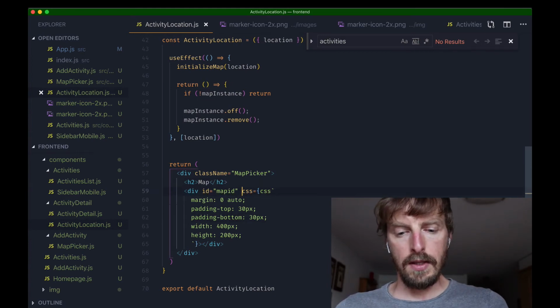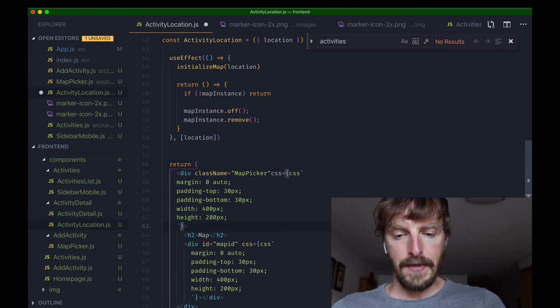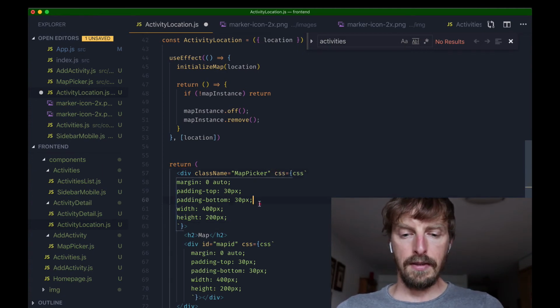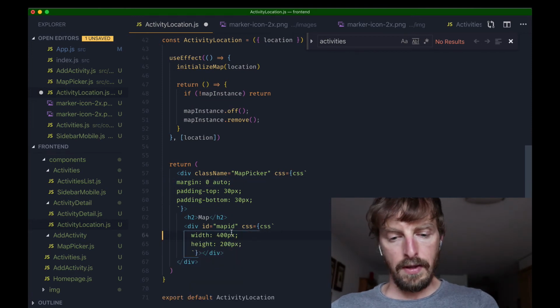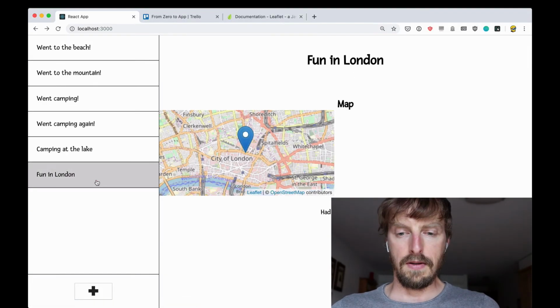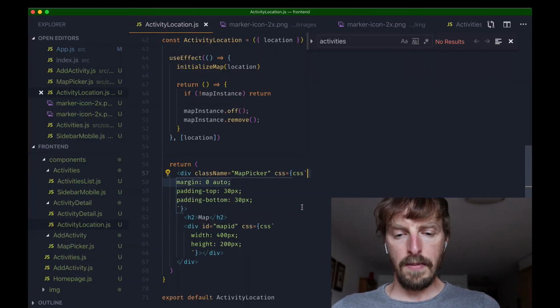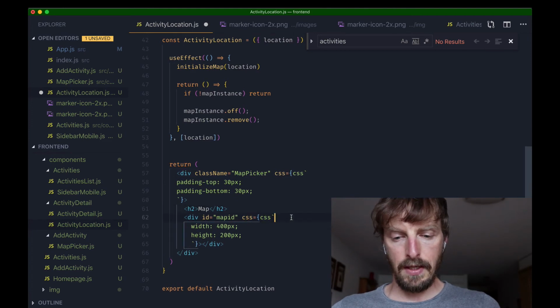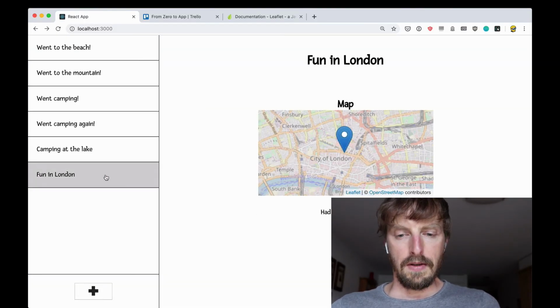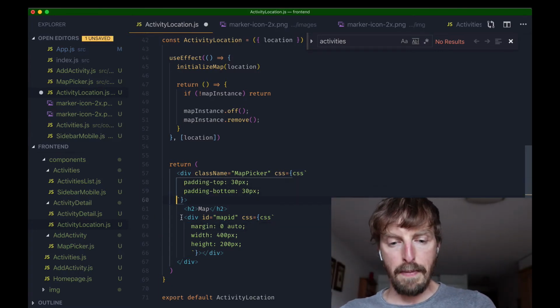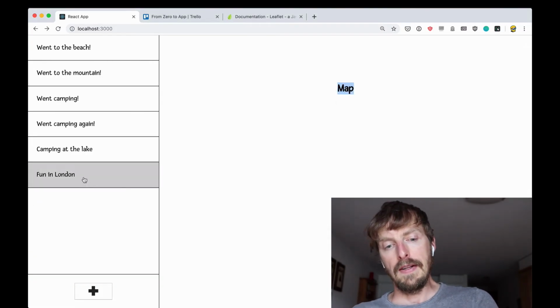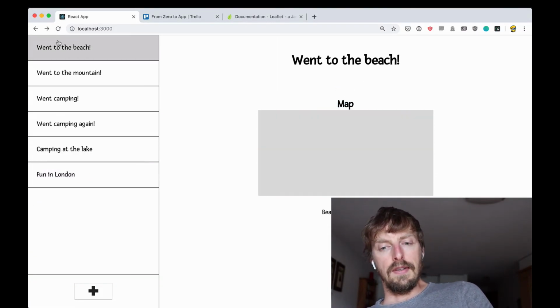Well, I'm just going to add this to the map picker. I think the problem is that this is handled by the leaflet library. So removing everything in here. Okay, it's already sort of working, but I need margin auto in the map itself. Okay, so the next thing I want to do is I want to remove the map title here. But as you can see, this map,